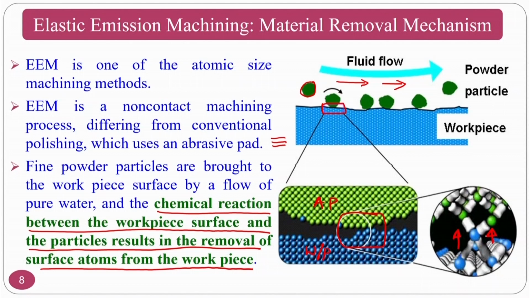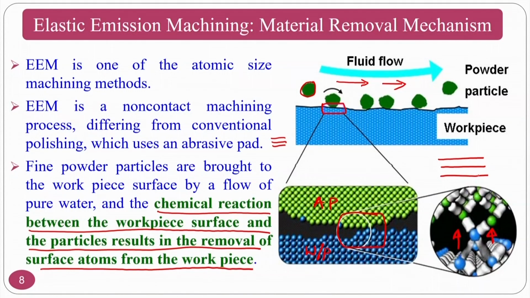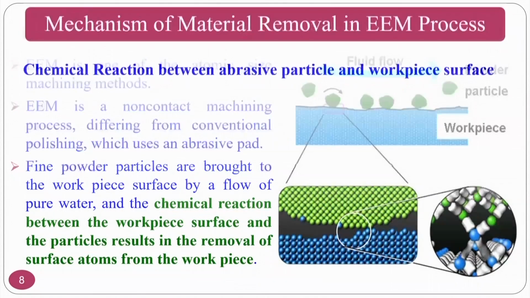In these circumstances, the material is removed atom by atom by chemical action, not by mechanical abrasion, scratching or shearing action. Because of this, you do not find any shearing marks or feed marks like this. So, you are going to get a better surface finish without the mechanical shearing action.